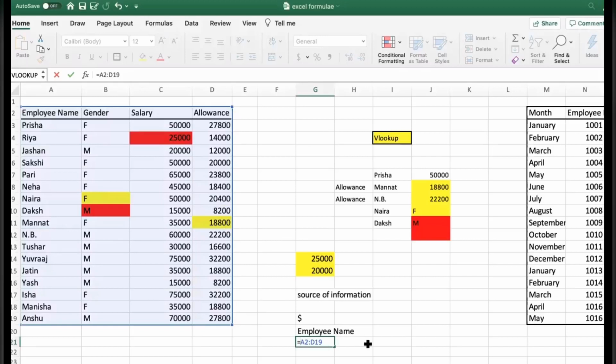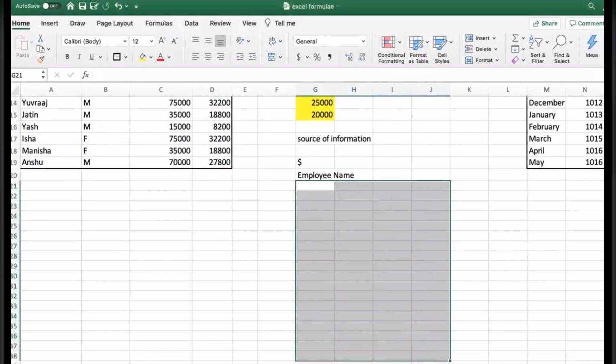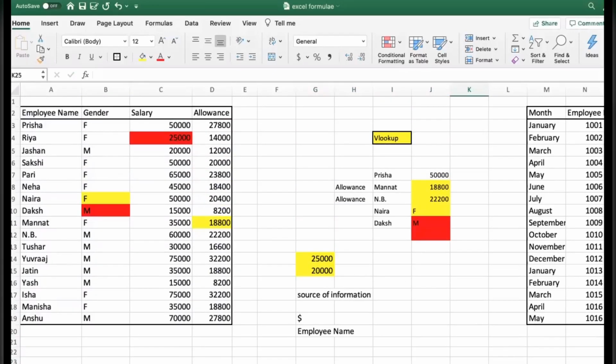To freeze, you can do this by putting the dollar sign in front of the row as well as the column. By doing so, your row and column will not vary. It will be fixed. So that is the reason why we use the dollar sign in Excel: to freeze our value and avoid changes in our value. So that is the thing you can do.